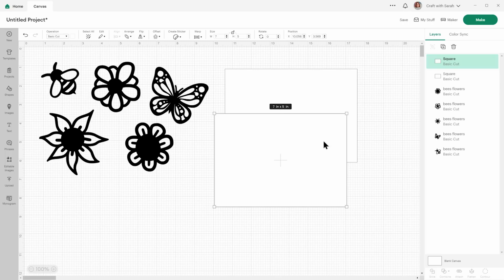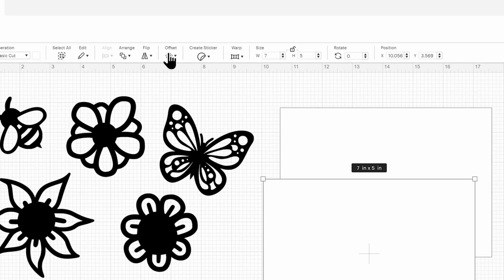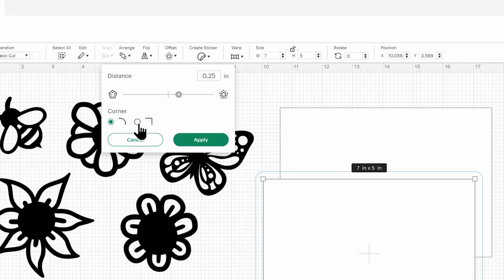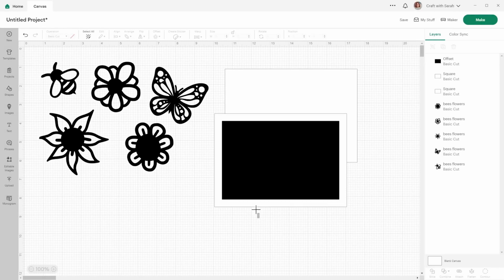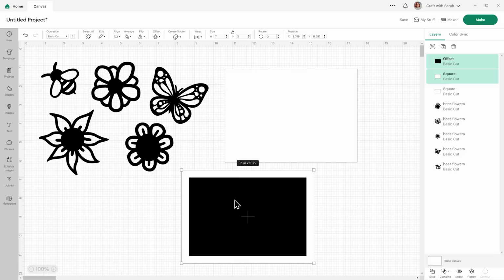This will be the start of our layering, so we need to turn this into a border to go around the edge. Click into Offset and then click the Sharp Corner option, which is the second one. And then drag the slider down so that it's a negative amount. And we want a nice thick border. This is what will join all of our pictures together. So minus 0.4, that looks like a pretty good amount. Press apply. Drag a box around those two rectangles, so your duplicated white one and the inset or offset that you put in the middle.